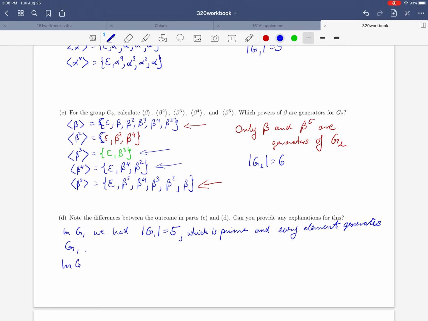But on the other hand, in G2, we had that the order of G2 is equal to 6, which is composite. So that has divisors 2 and 3, well, also 1 and 6, but they are not important right now. So 2 and 3, and only